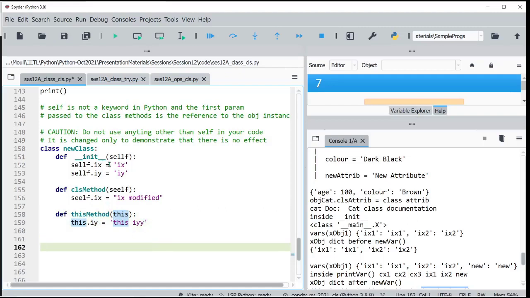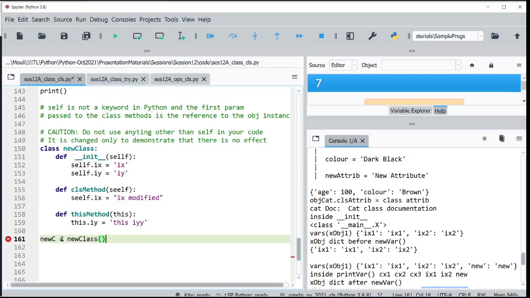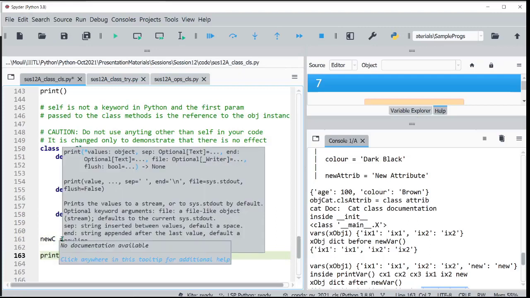So let us now print it. Let me create a new C equal to new class object. Now I have created it. Now print, let me call it new C attributes.